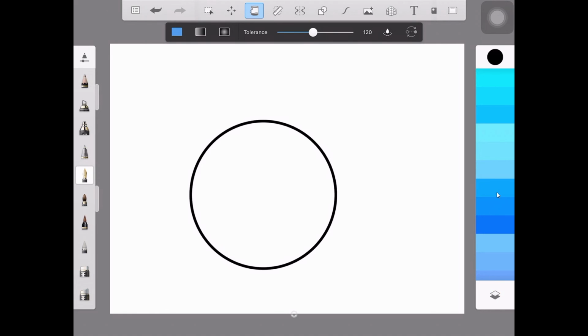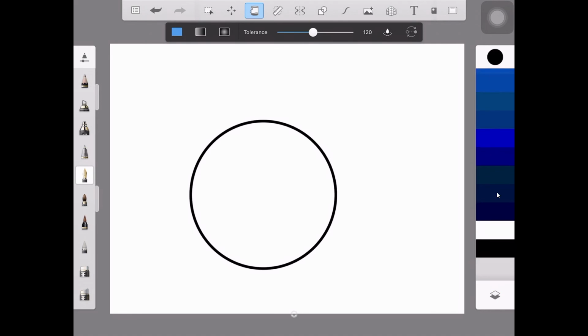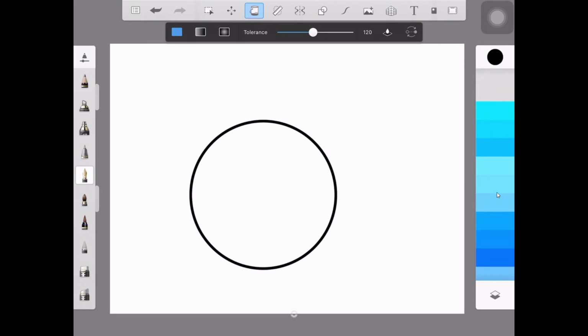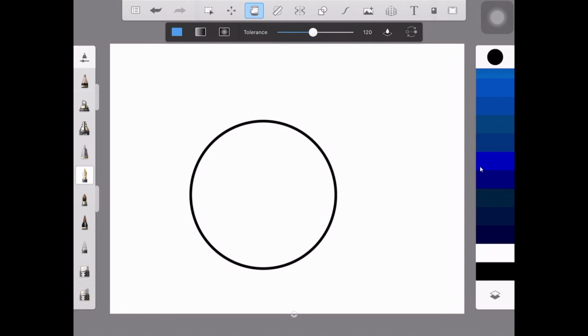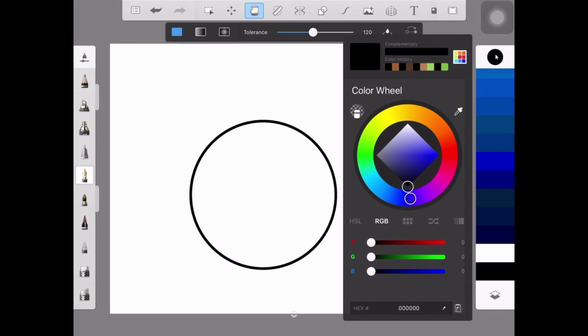You have some default colors. You can scroll these colors if you want, or if you don't want, what you can do guys, you can change the color from this. Just simply click on this color circle, and then now you can change the color. Okay, so the moment you click on this circle, this is the color puck tool. I'll show you what is the use of it. For that, first we need to draw one